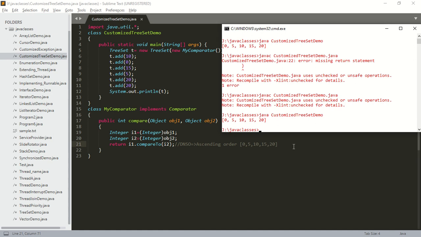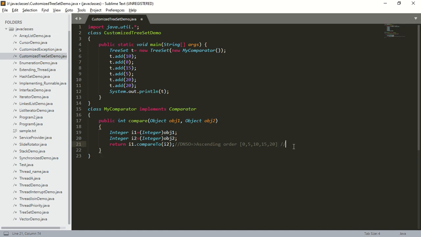Now what I will do is, I will consider this case as case number 1, and I am going to discuss various possible implementations of the compare method. Okay, so this is the first case.